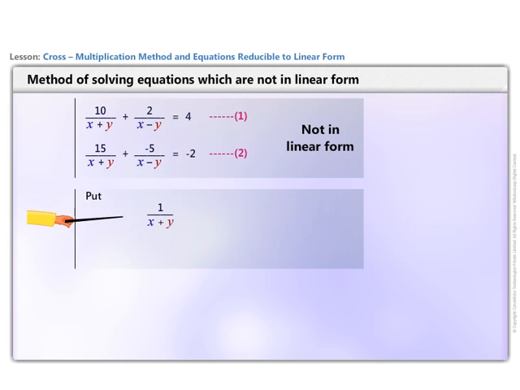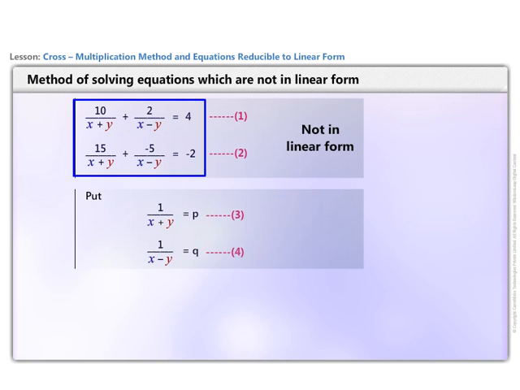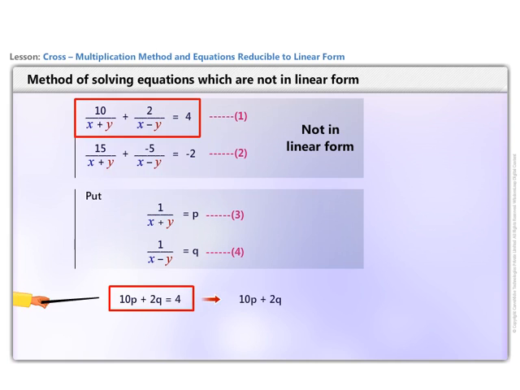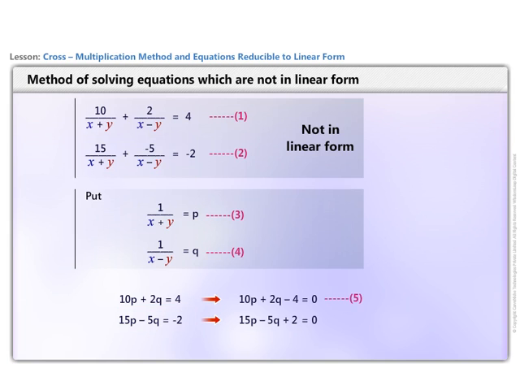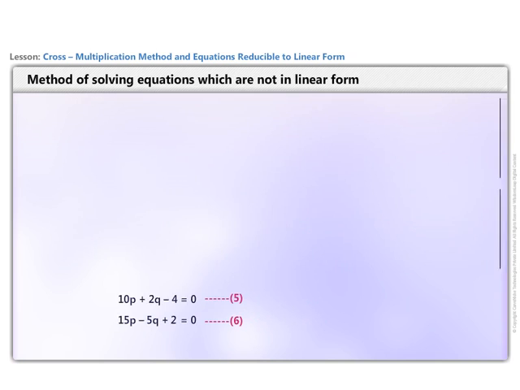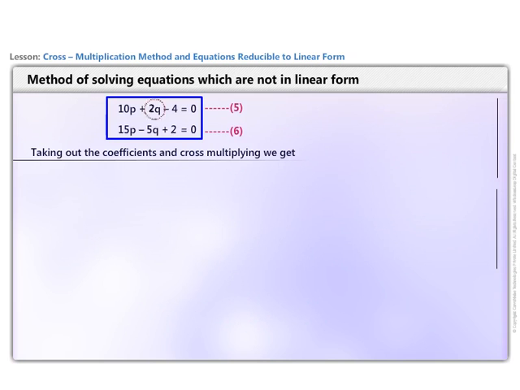Here, let us put 1 by x plus y is equal to p and 1 by x minus y is equal to q. So, the given equations can be written as 10p plus 2q minus 4 is equal to 0. Consider this as equation 5. 15p minus 5q plus 2 is equal to 0. Consider this as equation 6. Taking out the coefficients and cross-multiplying,